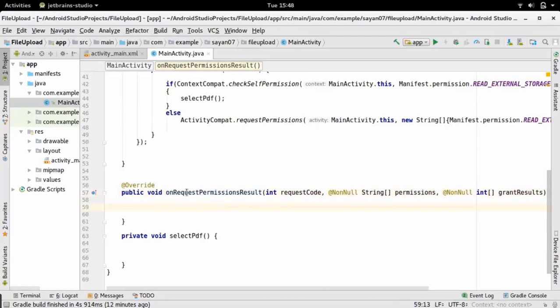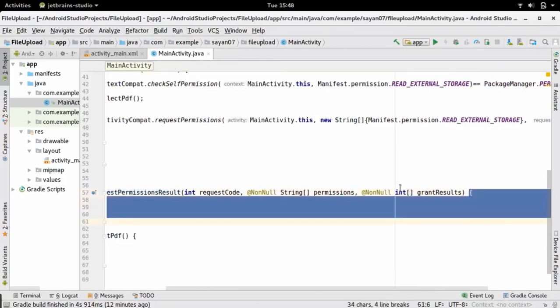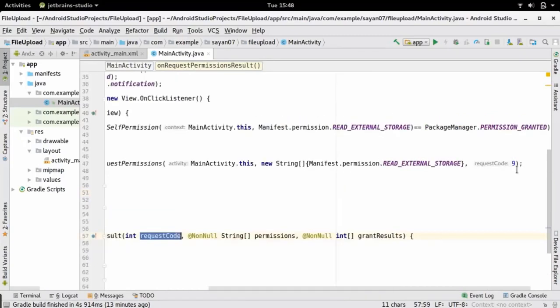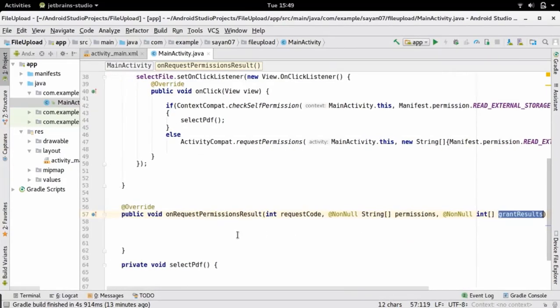So see, this on request permission result has 3 variables: request code, permissions, and grant results. Okay, so first this request code will be this request code which we passed. The second string array permissions will be this string array that we passed, and the third array, that is an integer, grant results, will be used to check whether the user has successfully given permission to our app or not.